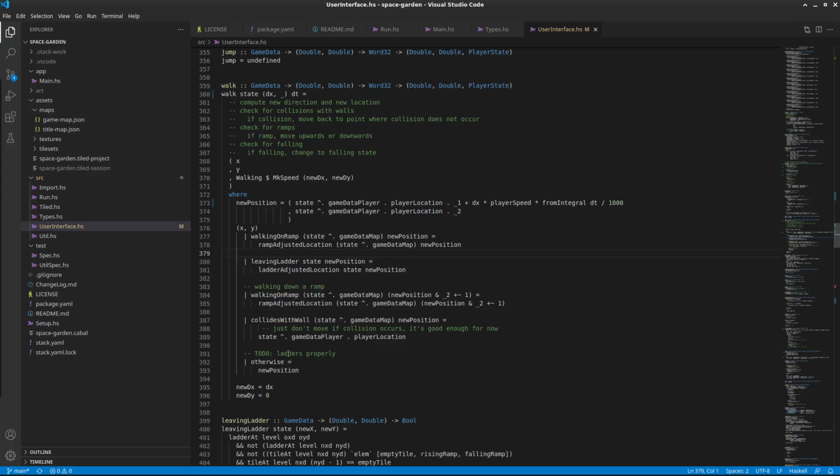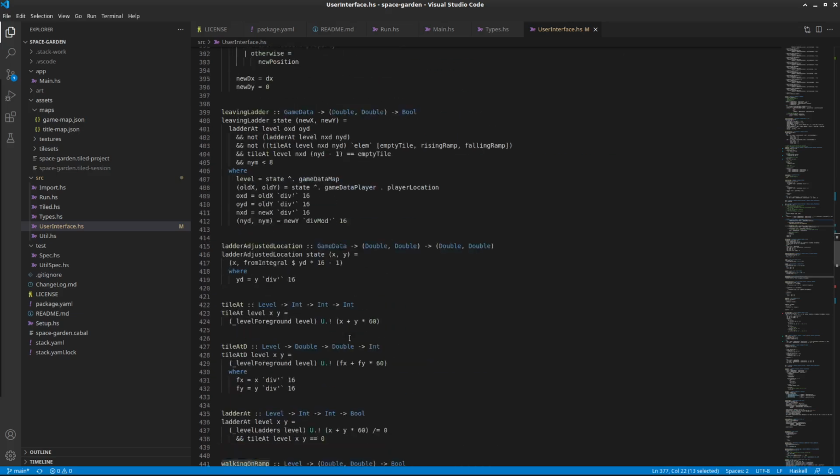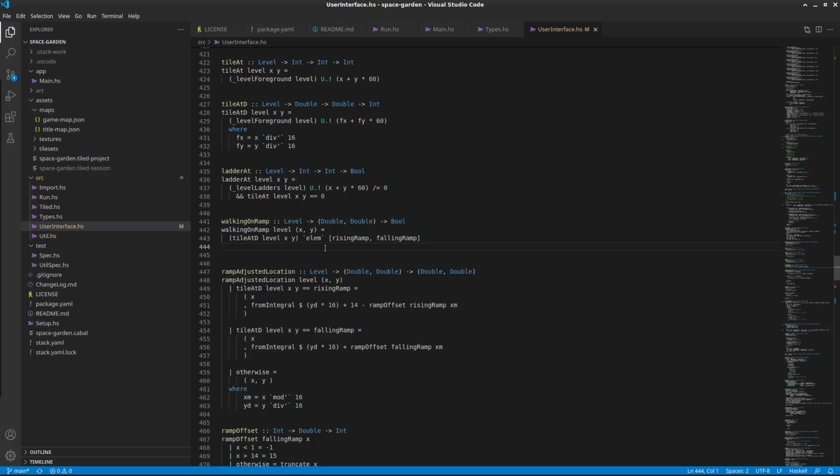That's good enough. But walking on a ramp, for example, like we happen to be on a ramp tile. This is a foreground tile that is either a rising or falling ramp. These are actually hard-coded values in the source code, because I just chose to make the system work as simple as possible. I was thinking that it would be really nice to have vector graphics behind the scenes and use that